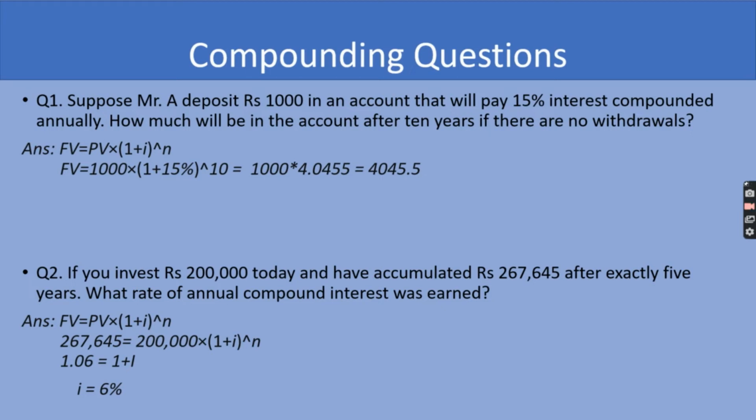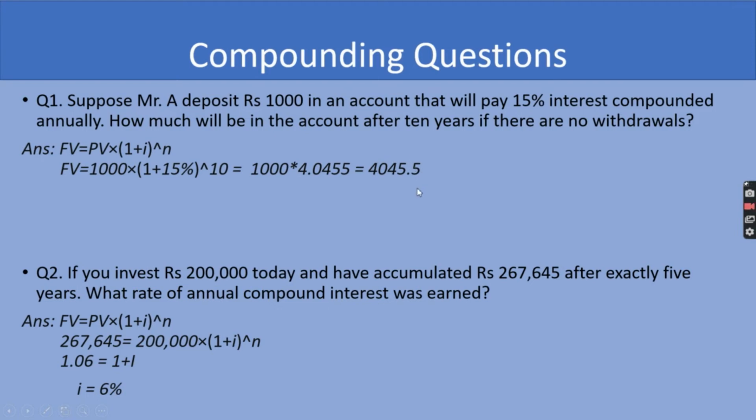How much will be the amount if there is no withdrawal after 10 years? Using the formula as I told you before, future value is equal to present value into 1 plus i raised to the power n, where 1000 is present value, i is 15%, which is the interest rate, and n is 10 years. After computing this using the formula, you'll get an amount of